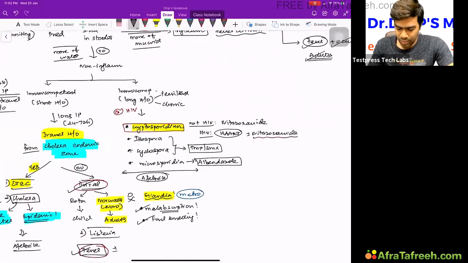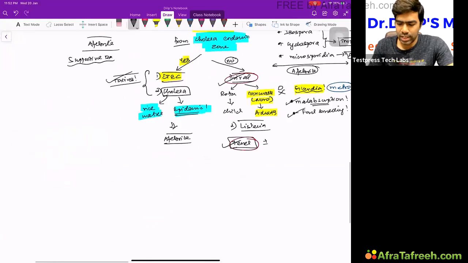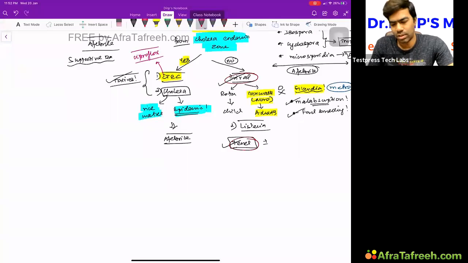And did we leave anything else? Yeah, we have not talked about this ETEC. So what is the treatment drug, the antibiotic, that you can use for enterotoxigenic E. coli, traveler's diarrhea? The typical antibiotic is ciprofloxacin. There are some textbooks which mention azithromycin also, but ciprofloxacin is the classic drug that we use for traveler's diarrhea,